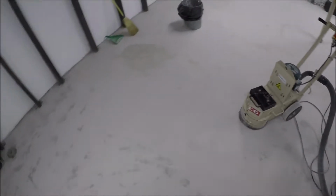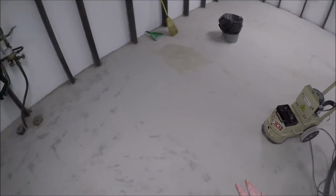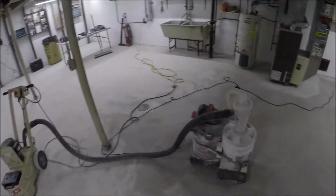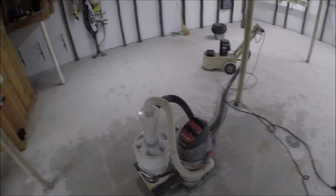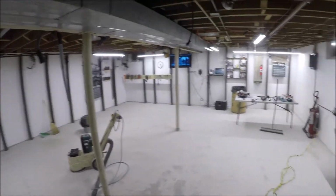This thing works pretty well, but to get into these areas, I can either go extremely hard on it to grind down and get into those lower areas, or I can hit it with that angle grinder. I don't have the greatest shop vac. I mean, it's a 5.5 horsepower shop vac. If I have it running on the same outlet as this thing, I start blowing breakers all over the house,